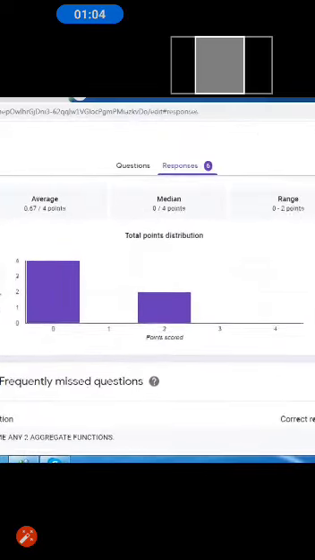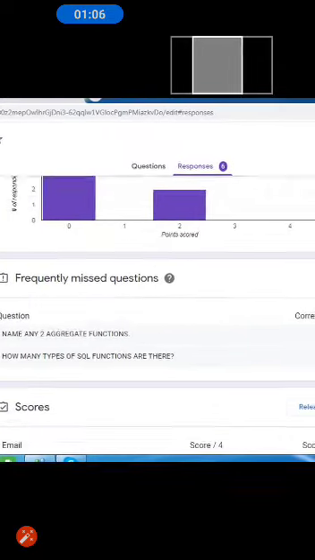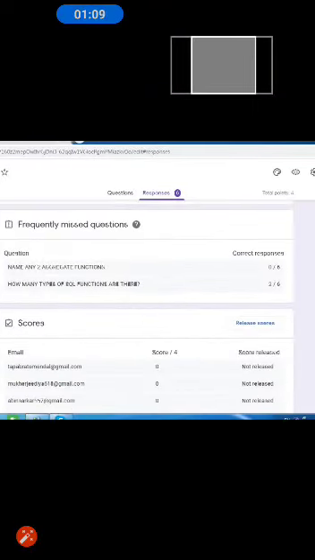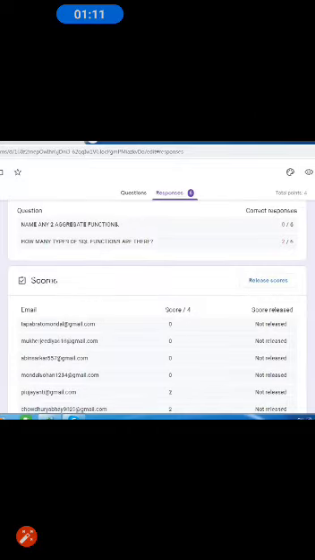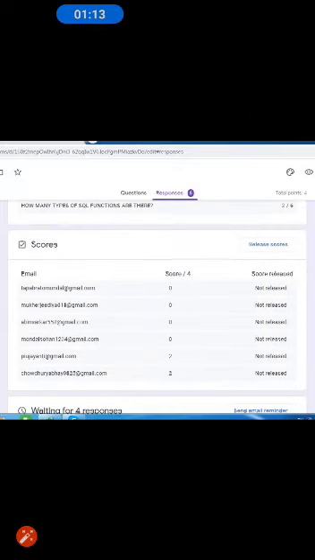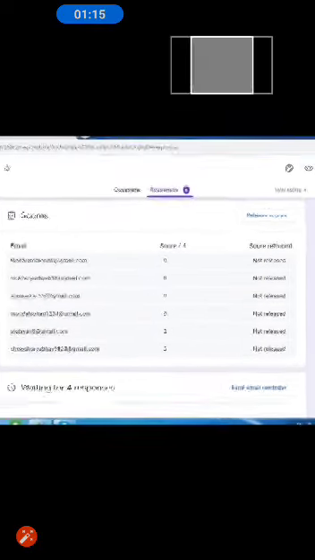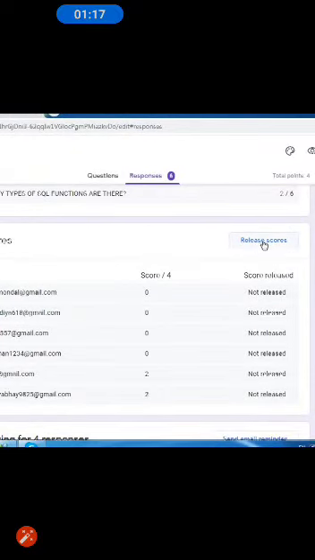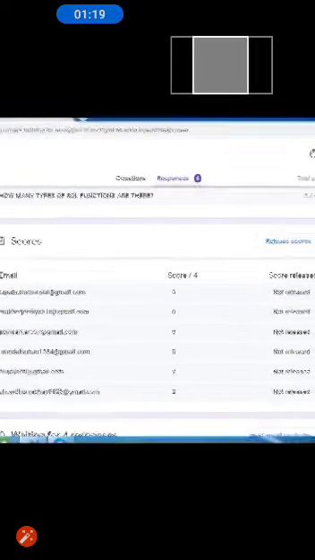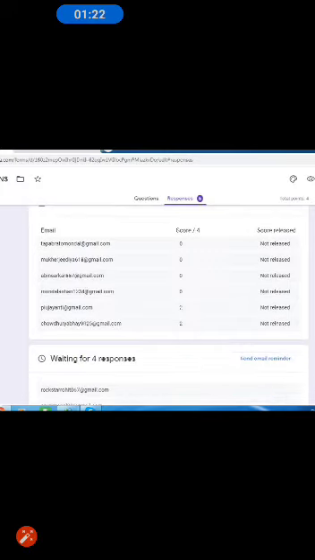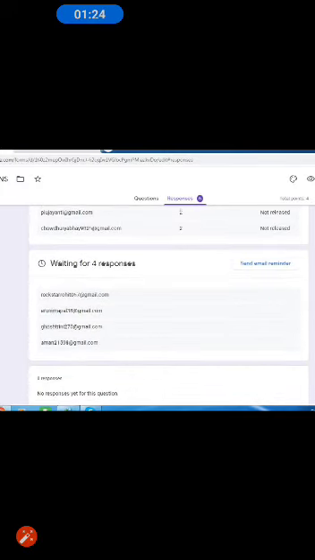Now in the summary section we find a summary of all the questions attempted by the students, and the questions which the students have missed. We might be asked to release the score. If we click on this, the scores are going to go to the email IDs of the students.